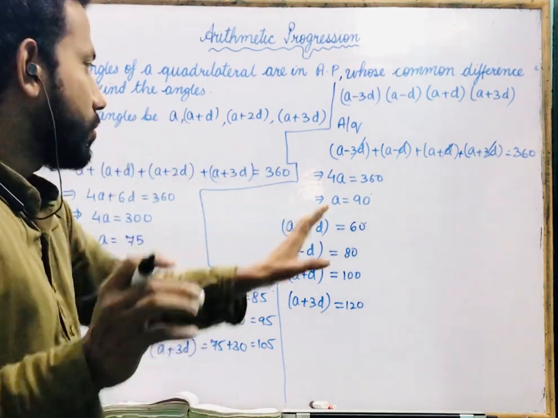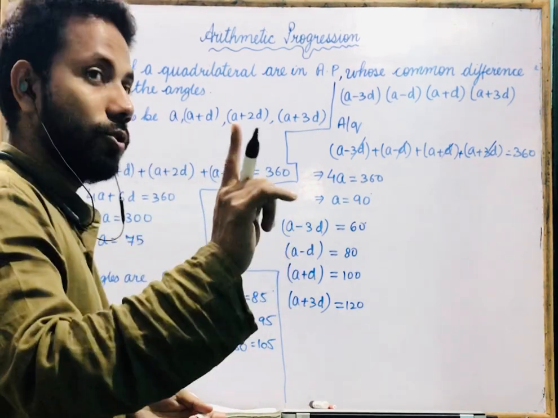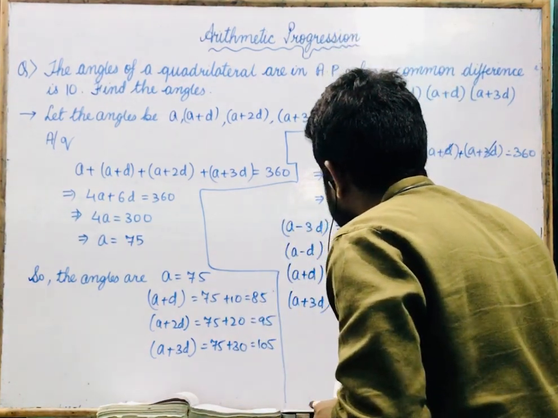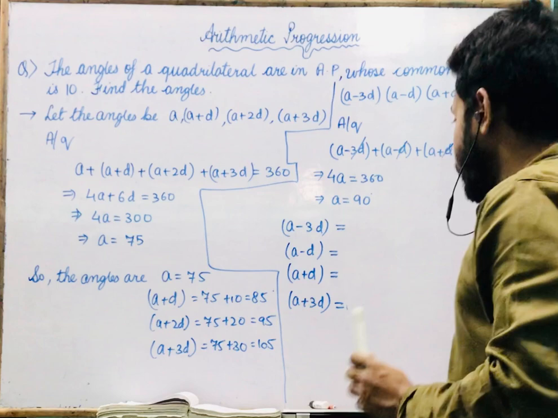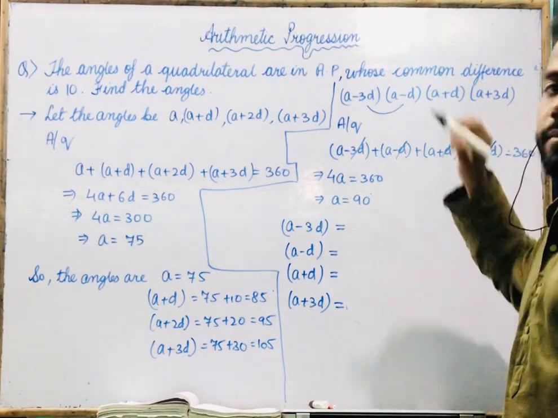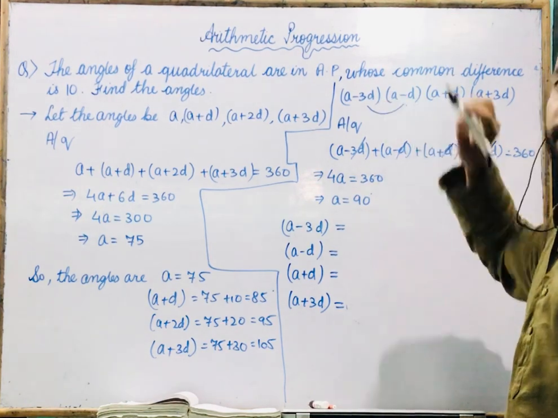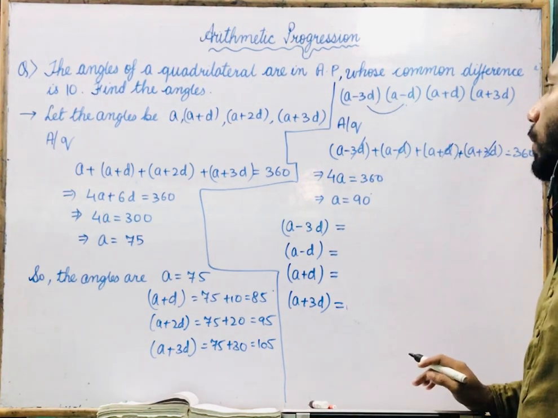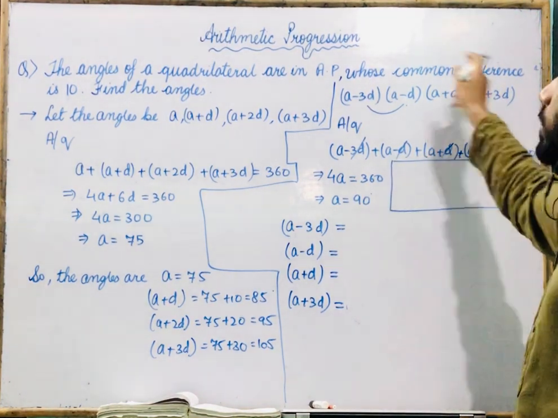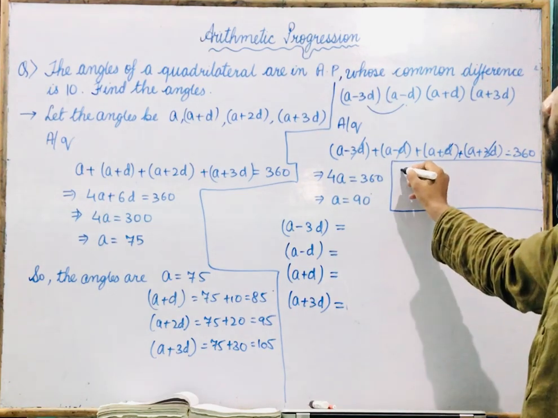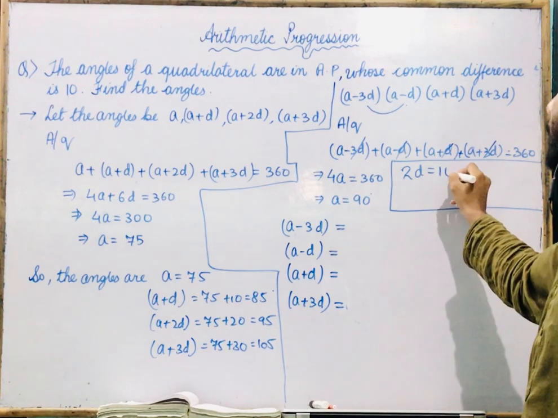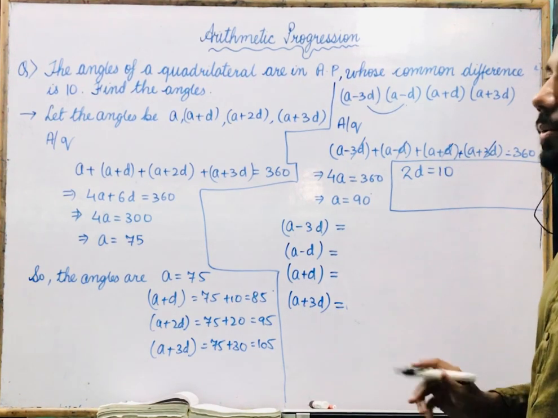You could have done this using this process also, but one thing you should have thought is to check here, and nobody told me. What is the common difference between these two? Quickly tell me, 2d, and according to the question the difference is 10. It means that when you take it in this form, 2d equals 10, yes or no?